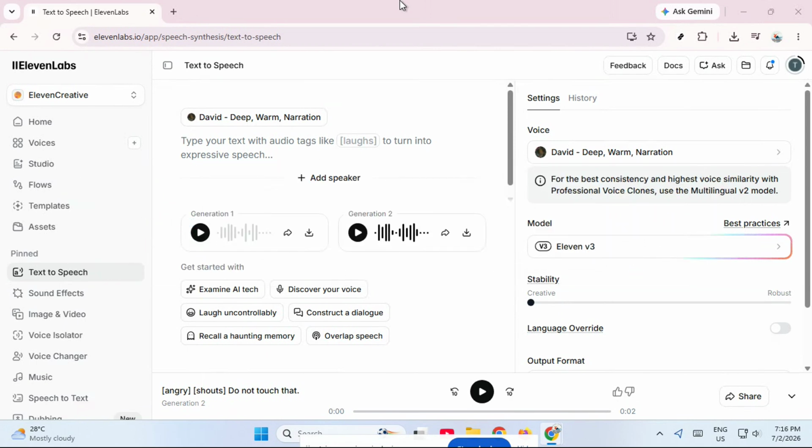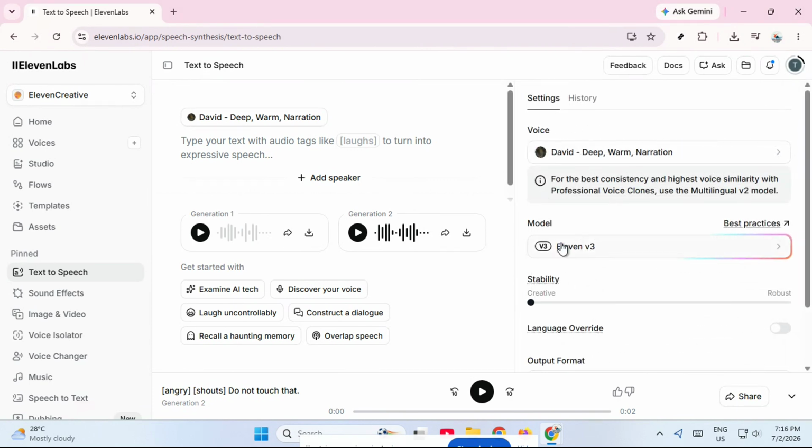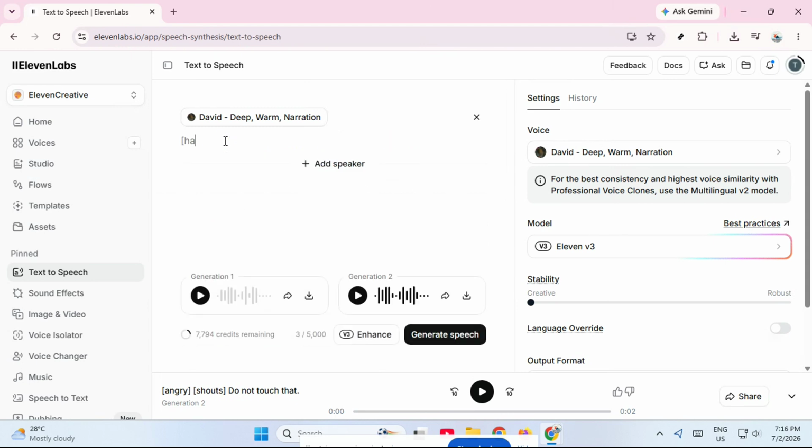First, open ElevenLabs and make sure you're using the 11v3 model because this feature works with that version. Once you're inside the text box where you normally paste your script, look for the sentence you want to make sound more cheerful. Right before that sentence, type an emotional tag inside brackets. For example, you can use "[happy]". These tags tell the model to shift the tone of the delivery and make that part of the voice sound brighter and more positive. The key is to place the tag before the sentence you want affected, not in the